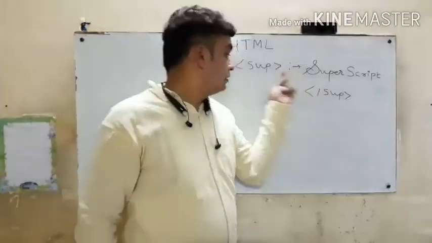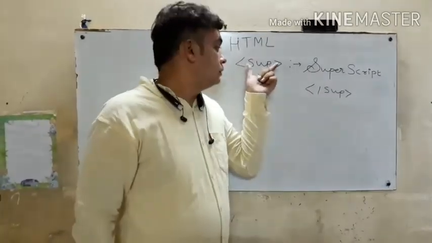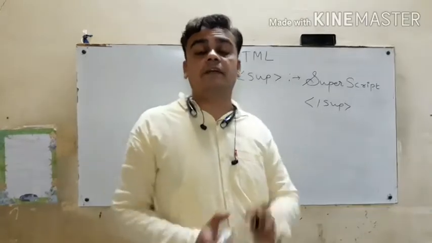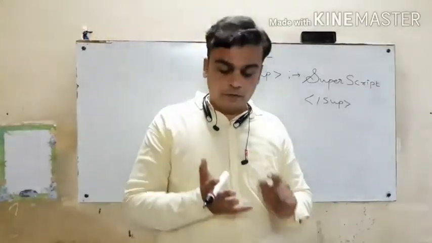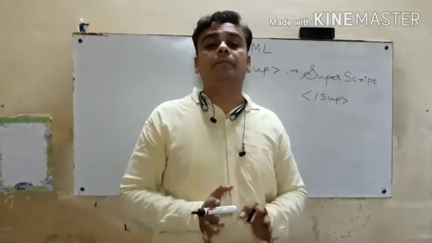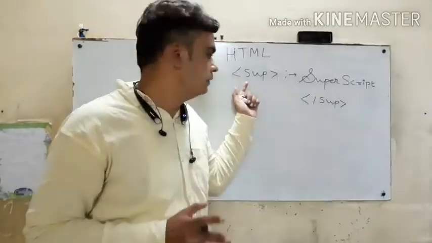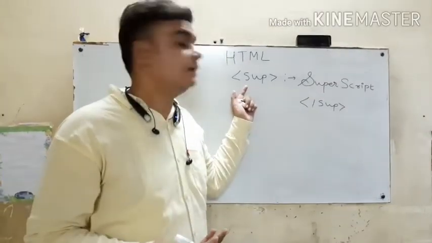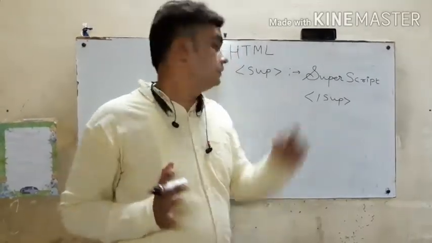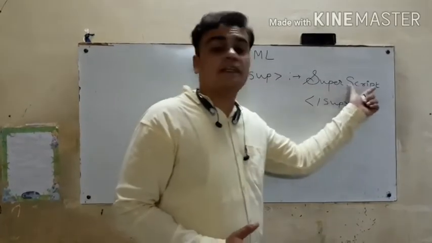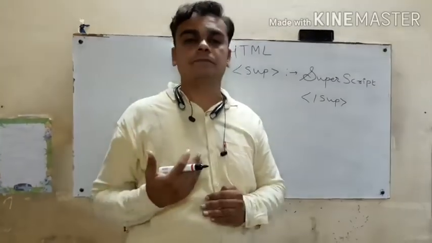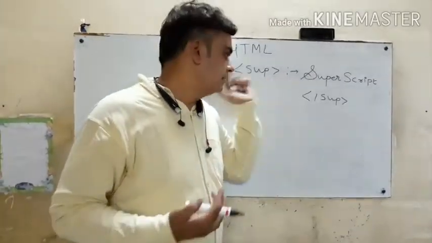Now, what is the question? What is the role of this tag? So SUP tag is used at various places in a web page when we try to insert different mathematical equations and formulas in a web page. SUP tag is very helpful. So how can we use that SUP tag and how does it help to display mathematical equations and formulas? Generally SUP means superscript. It will display the text at exponential level, or you can say at power position. So how will it display the text? I will show you.